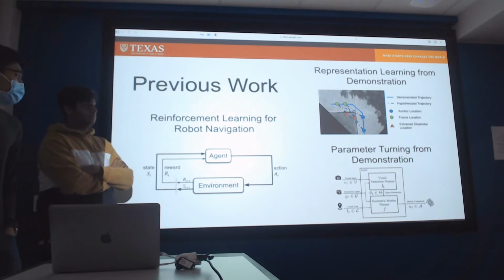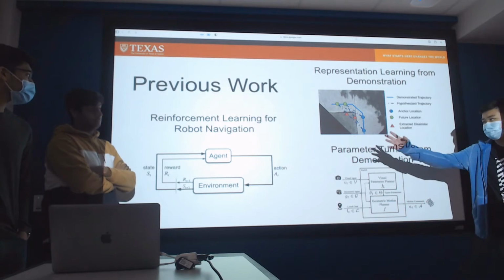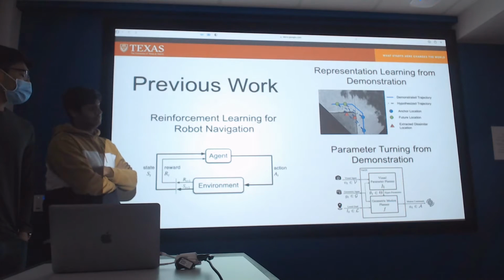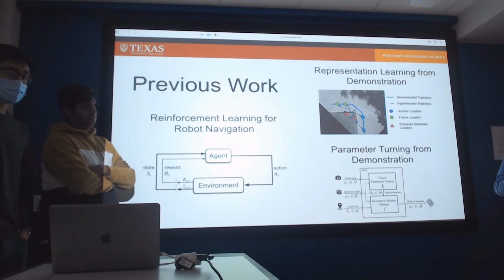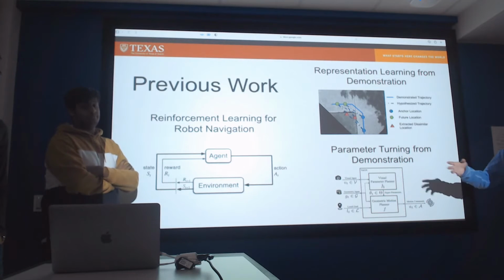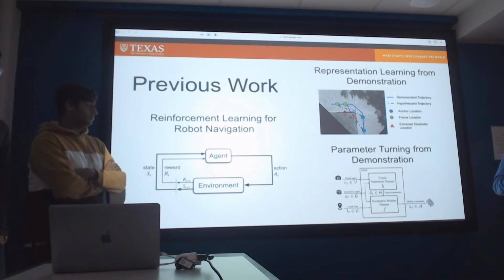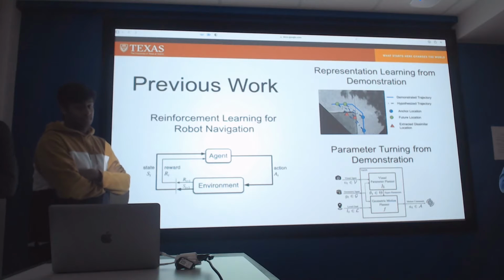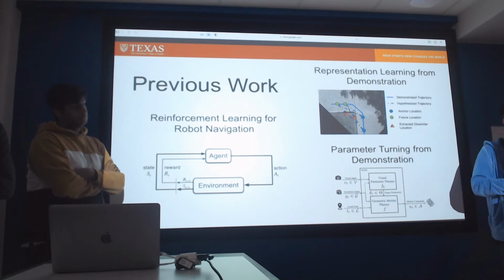To discuss inverse reinforcement learning, we can briefly look at one common paradigm, which is just applying reinforcement learning for robot navigation, where we learn the correct action to take based on a reward function. However, in real-world deployment, this is often unachievable because of two reasons. The first reason being that in the real world, often the reward function is not available or unknown to the expert roboticists. And number two is in the real world, when you train a reinforcement learning model, there's guaranteed to